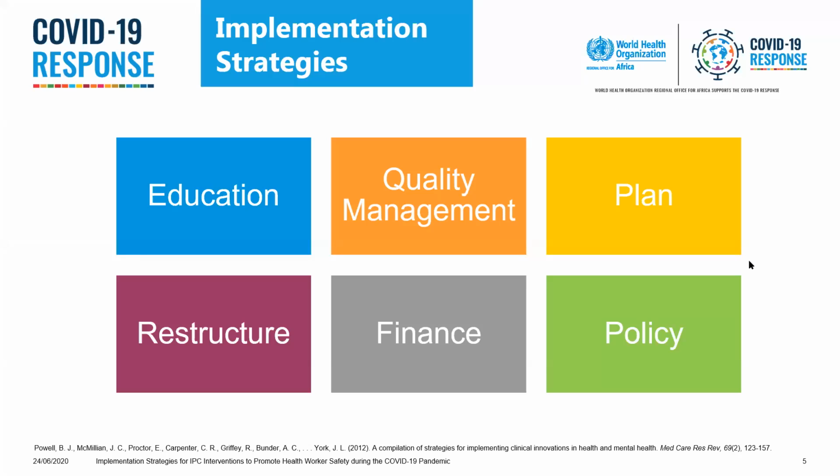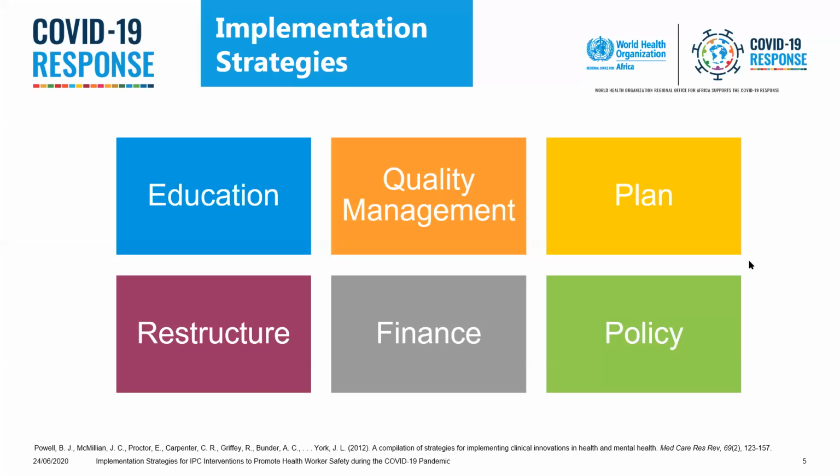Which one is it? Exactly, education. And I saw someone even get more specific: training. Well, training is a type of education strategy, and we're going to talk about that. Education is a critical component during an epidemic to ensure that our health workers and our communities are well aware of not only the disease that we're addressing, but ways to keep you safe.